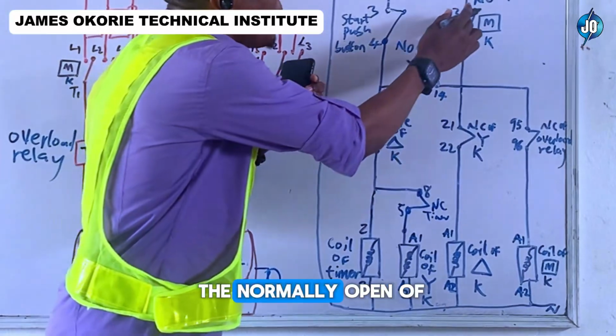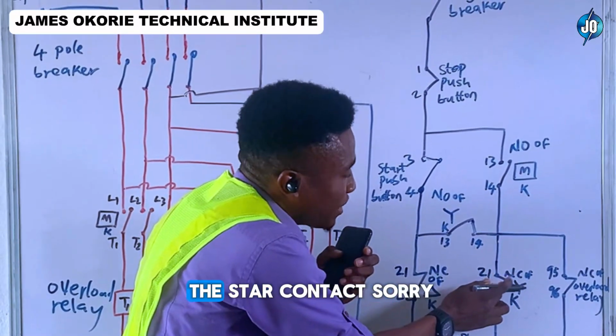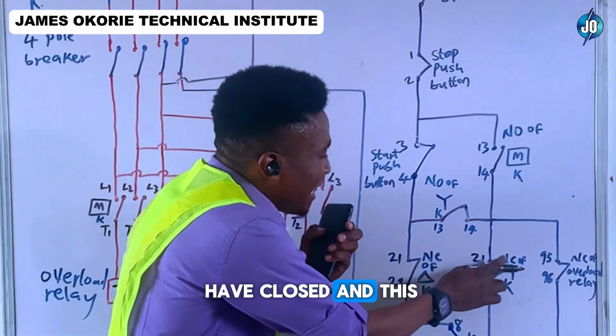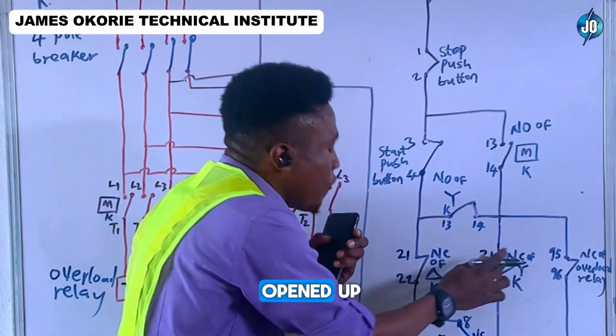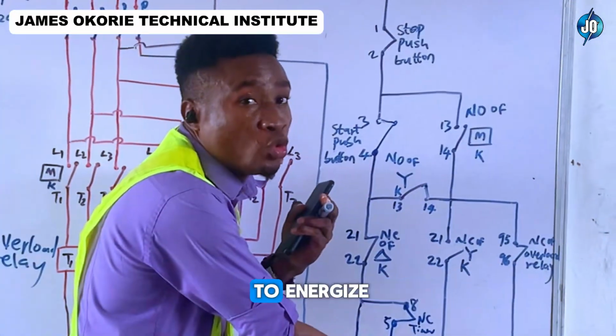And since this is the normally open, normally close of the start contactor, it will open up. So it means that these have closed and these have opened up. Since these have opened up, it means that there is no way the delta contactor is going to energize